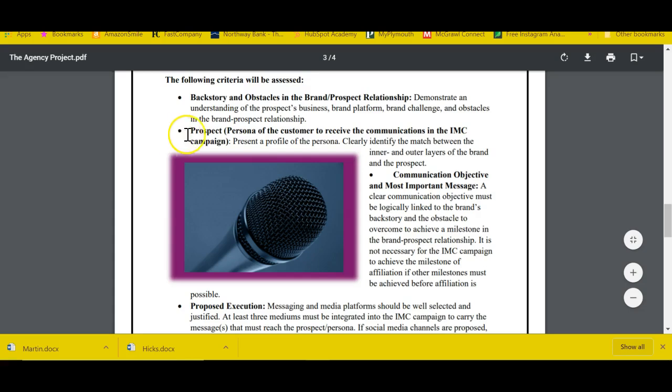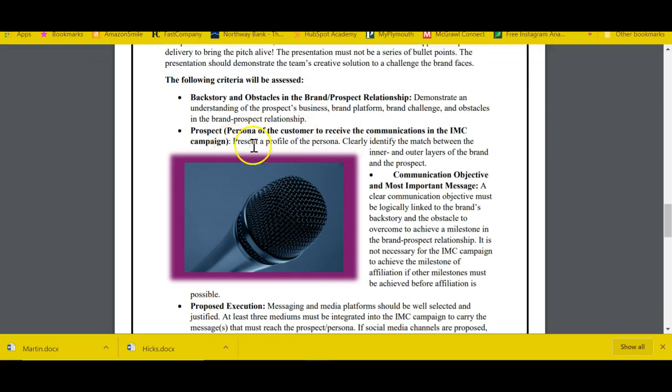So you are going to discuss the prospect, the persona of the consumer to receive the communication in the IMC campaign. So present a profile of the persona. Make sure you read all this, and this is important. Identify the match between the inner and outer layers of the brand and the prospect. So if you need to present this on your slide with a graph or with visuals, then do it that way. The important thing, again, is that whatever visual you present, it has to match